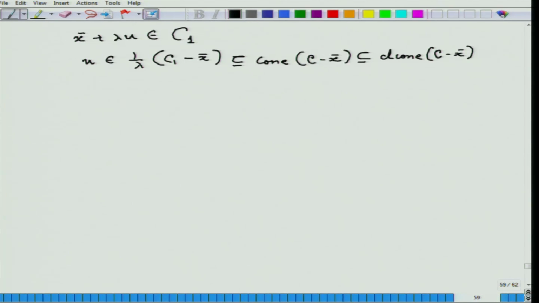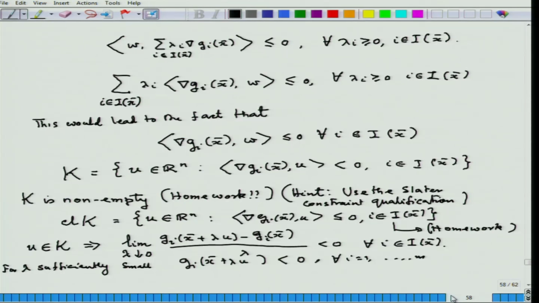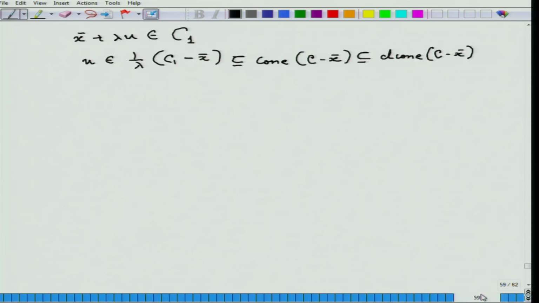Now, what do I show, where W belongs to? Now, by our explanation here, this W is belonging to the closure of K. So, W belongs to the closure of this set K, sorry, C1. Now, since W belongs to the closure of K,